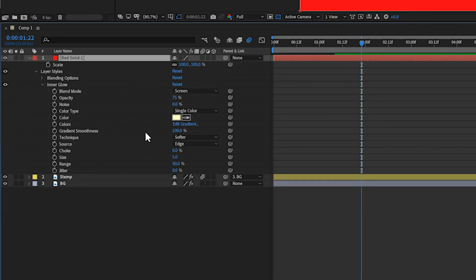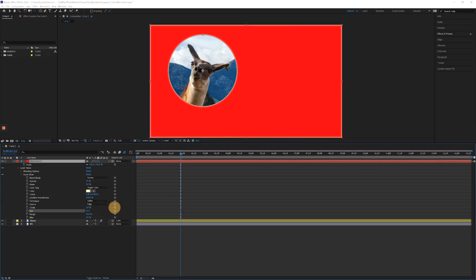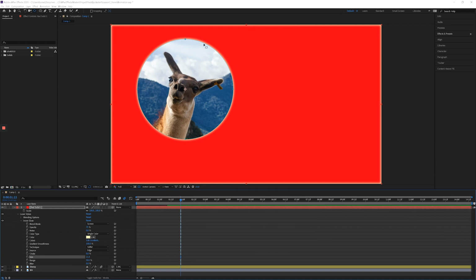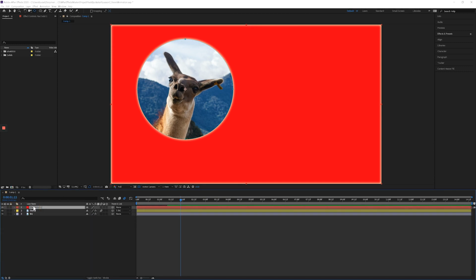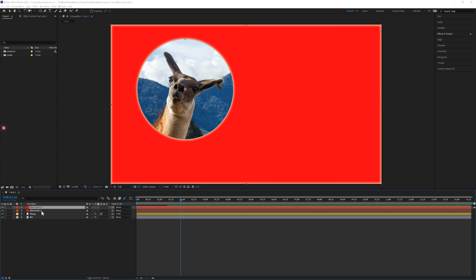So we can change the size of it. So let's increase the size. I'm going to hold down Control as I drag. So now we have this kind of nice glow effect happening on the inside edge. Now, when I duplicate this by hitting Control D, I'm going to scale this up,